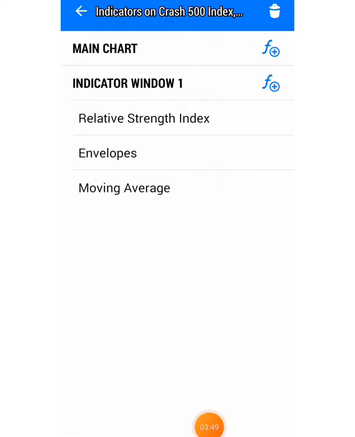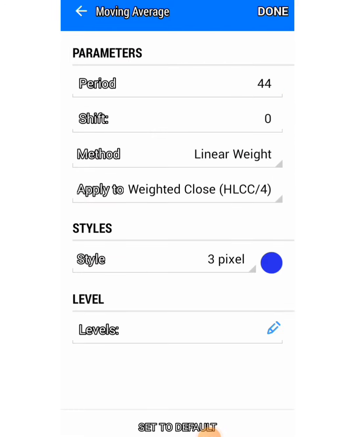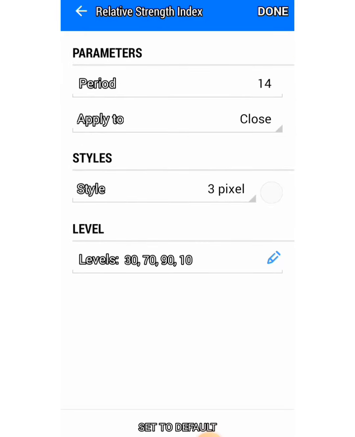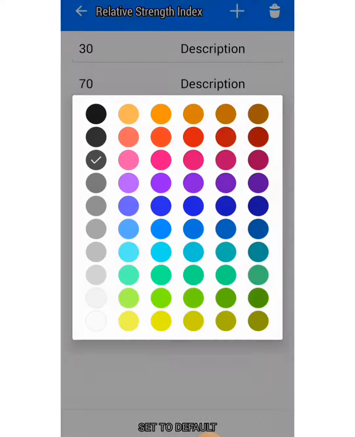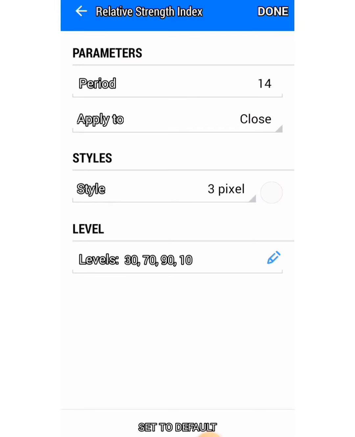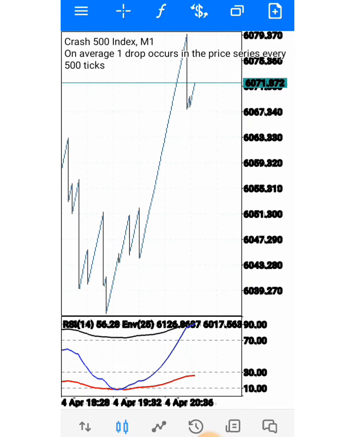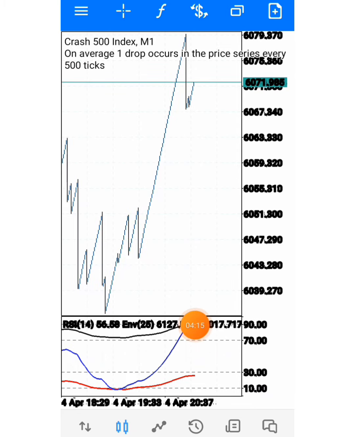The line is dotted. So immediately you see this blue moving average reaching the upper band of the envelope at the level of 90,